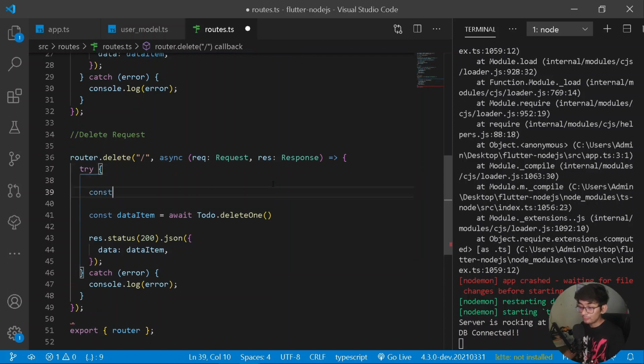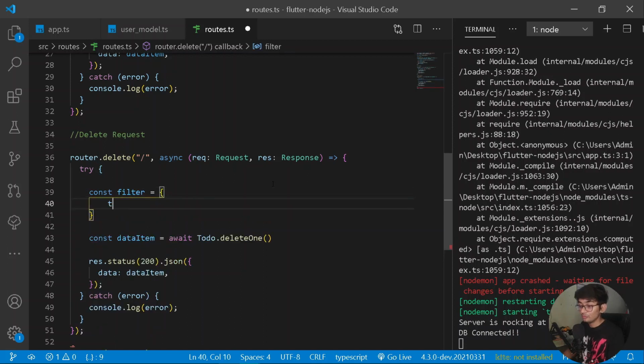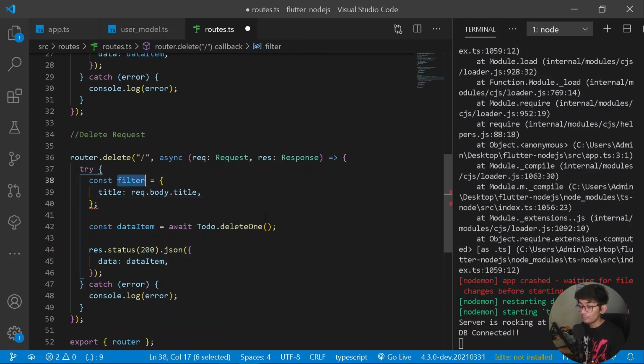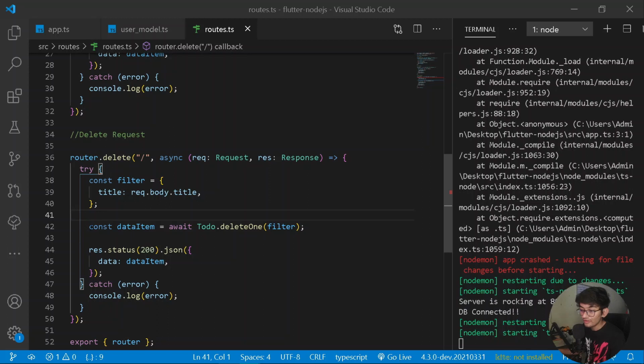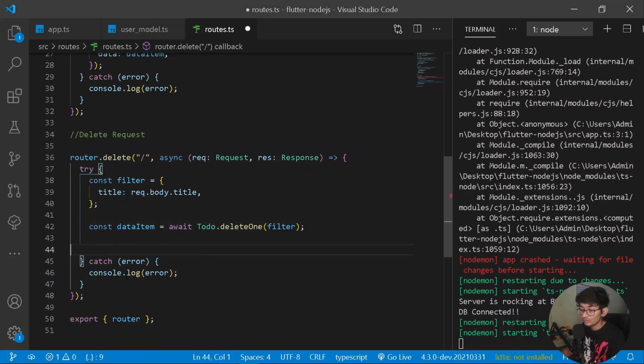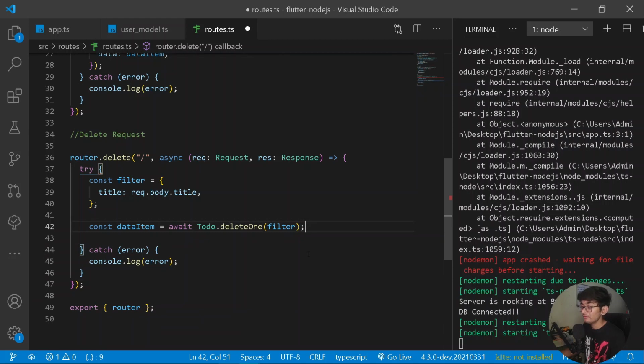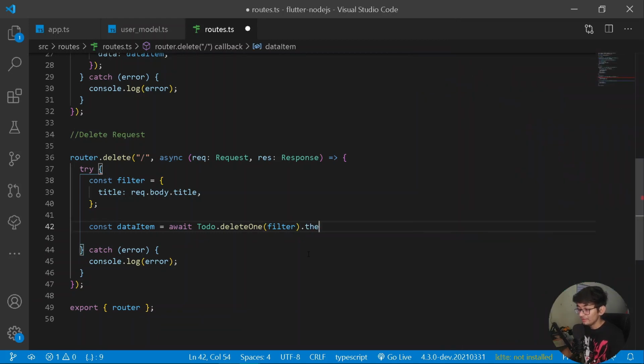Under this delete, first of all, it will be requiring the data that we need to delete. So for that purpose, let's have const filter. And the filter shall be equal to the data that we need to delete. So for that purpose, let's add a title. So the title shall be equal to request.body.title. Press enter and I can copy it and paste it here. And instead of exporting all of the data, what I can really do is remove the following line from here. And I will be simply carrying the entire promise that I have been getting. And here I can simply say .then, and under this I can simply say data, the data that we should be receiving, and I can throw the entire data under a JSON response.